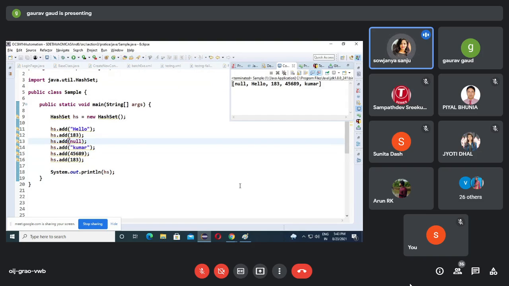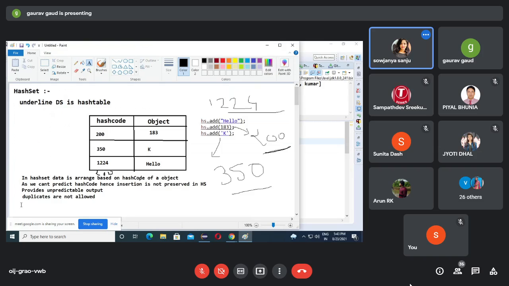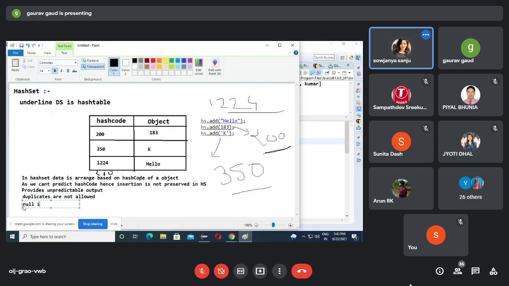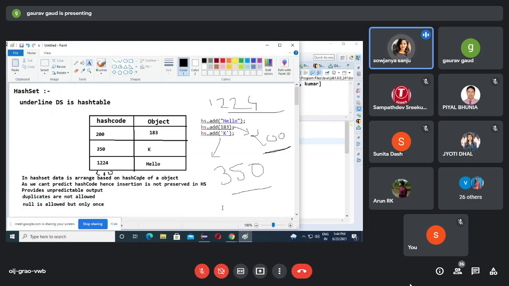Now I entered it in third position, but it comes in which position? First. Can you add multiple nulls? No, duplicates are not allowed. So null insertion is possible, null is allowed, but only once. Is everyone clear on this? Sure?